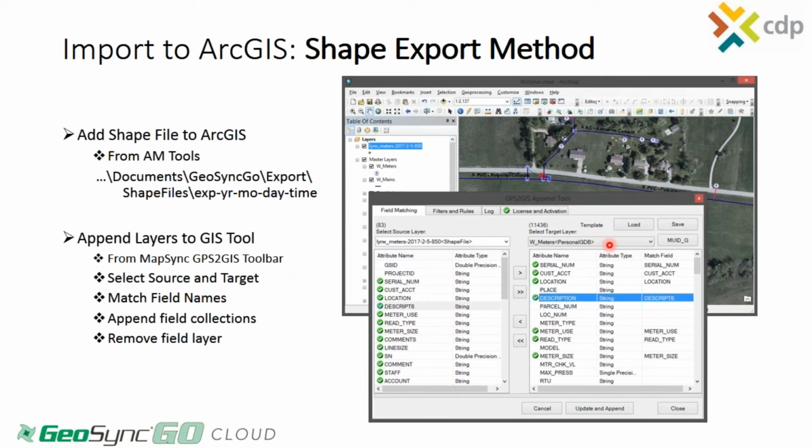And you select your target, where we want that to go. This is our master desktop GIS layer. It's our master. In this case, I think we're doing water meters. So the source is my field collected meters. The target is my water meters, my master water meters layer. Now, this being GeoSyncGO, we do maintain an ID in here, so this import process will not update unless we have it set up to do. Well, actually will. By default, we're going to only add the new features